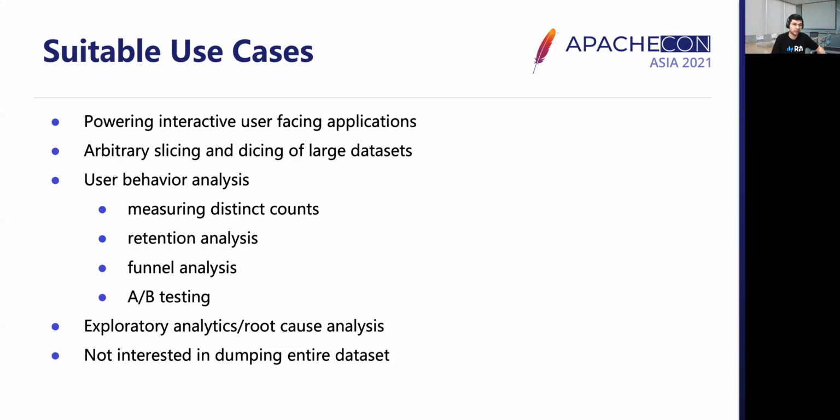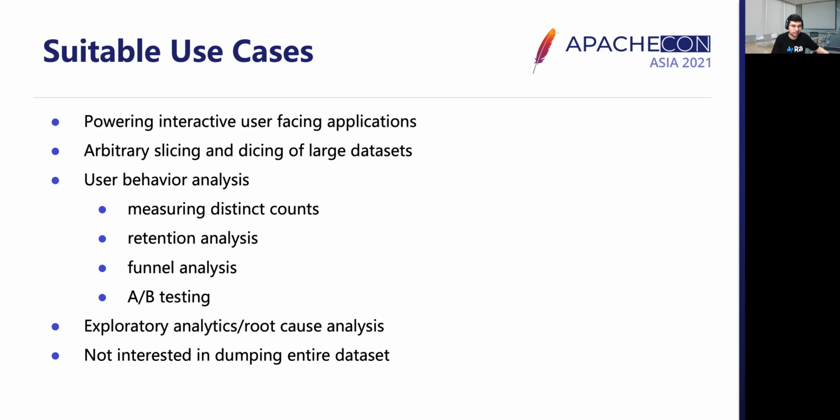Doing user behavior analysis, such as measuring distinct counts, doing retention analysis, funnel analysis, or A/B testing. Exploratory analysis or root cause analysis is also one of the key use cases, where you have your operational data ingested into Druid, and you want to know when some issues happen, what is happening in my system right now, where things are going wrong, which service is being broken. So all those kinds of answers can be analyzed on top of Apache Druid in real time, since it supports